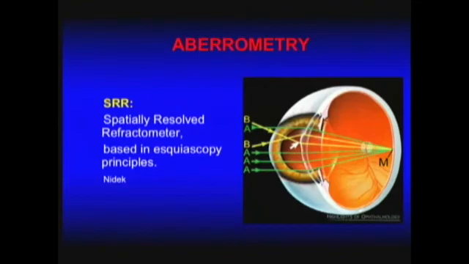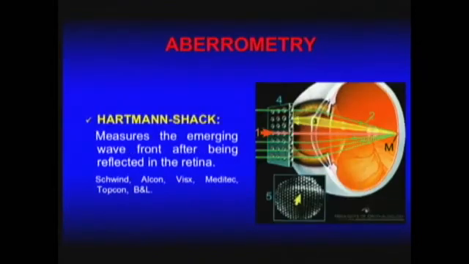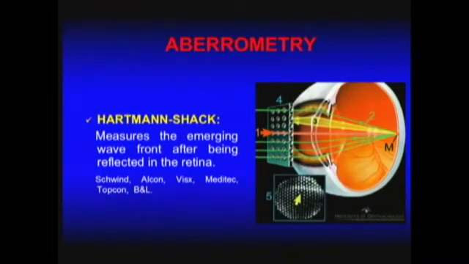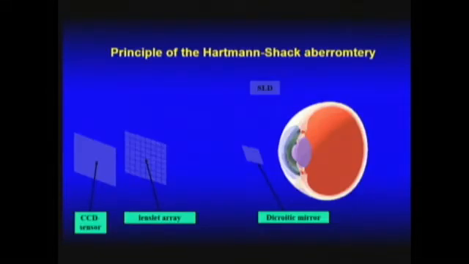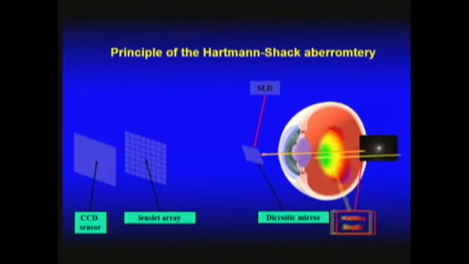There is another method, called the spatially resolved refractometer. It's based on ray-tracing principles. The most popular one is the Hartmann-Shack aberrometry, which measures the emerging wavefront after being reflected in the retina. The principle is that the aberrometer emits monochromatic rays of light to the retina, and then they are reflected back